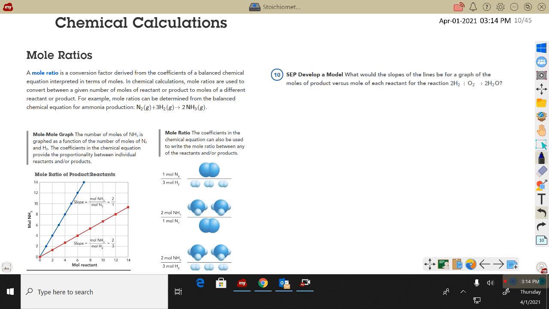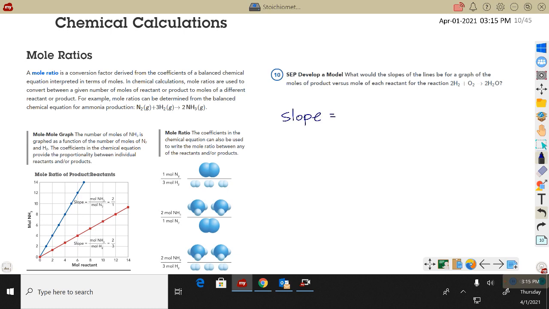So in question 10, they want to know how the slopes of the lines would look on a graph of moles of product versus moles of reactant for the formation of water. What if I had a similar graph, but it was the synthesis of water instead of NH3? Well, now I would just look at my ratios. If I had the slope,